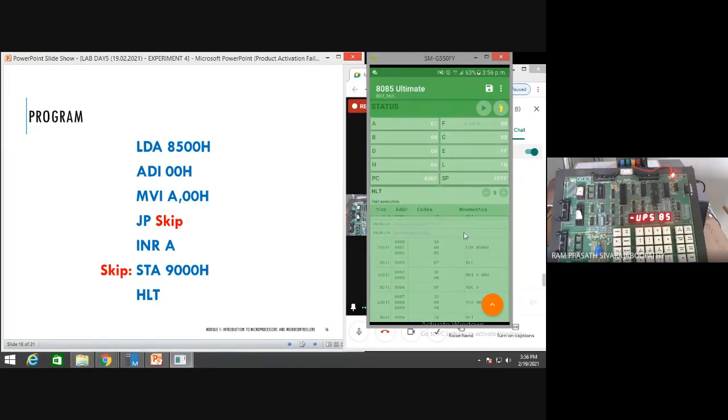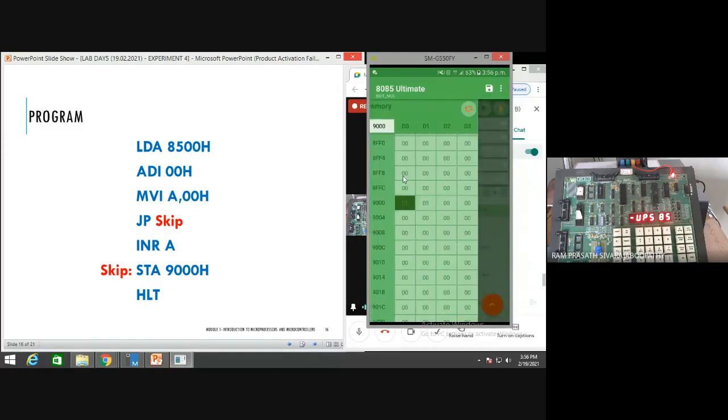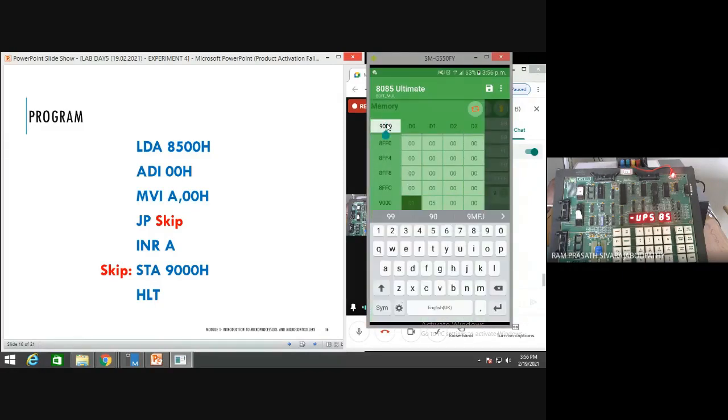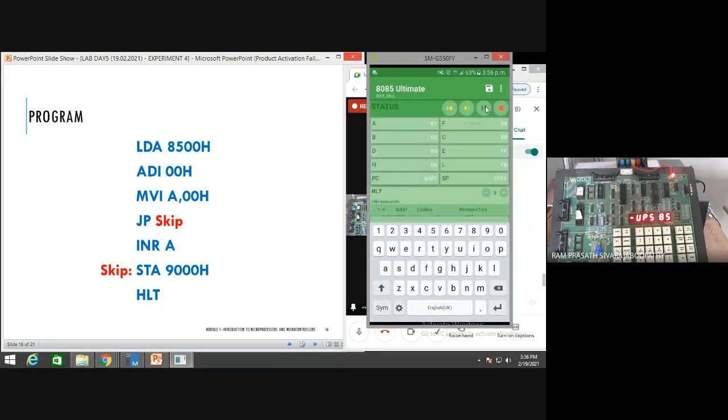So here we will see the result. I will give some random data in 8500. Here we are going to give the number as 77. Okay, now we are going to run the program. So it's a positive number. So obviously the result in 9000 must be